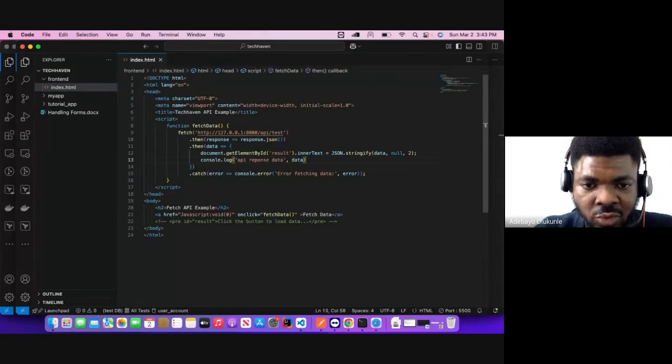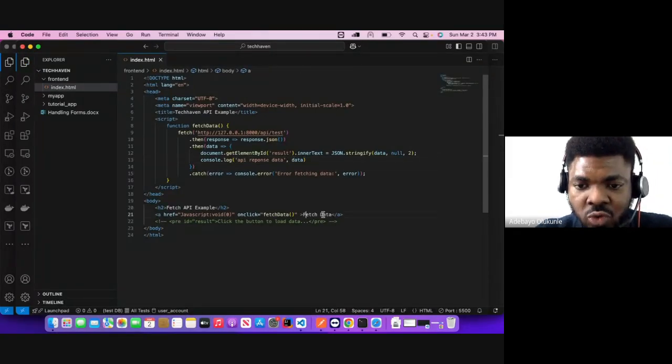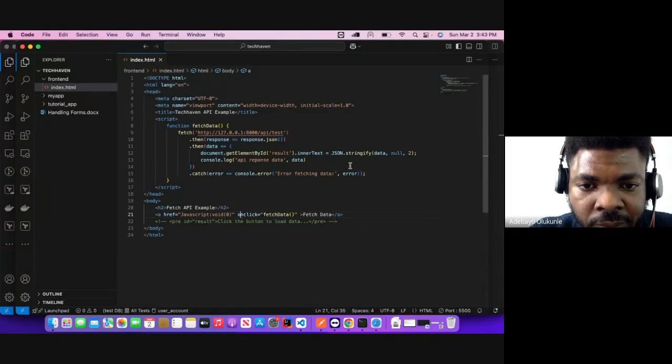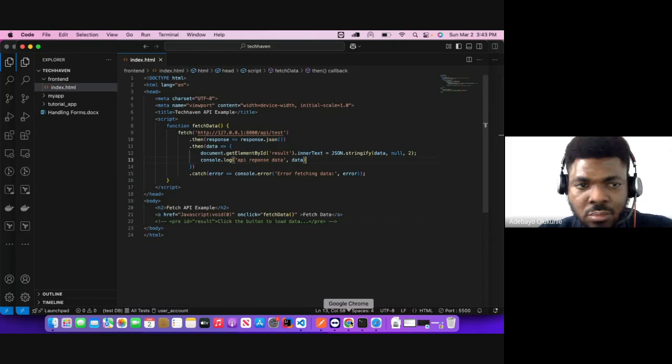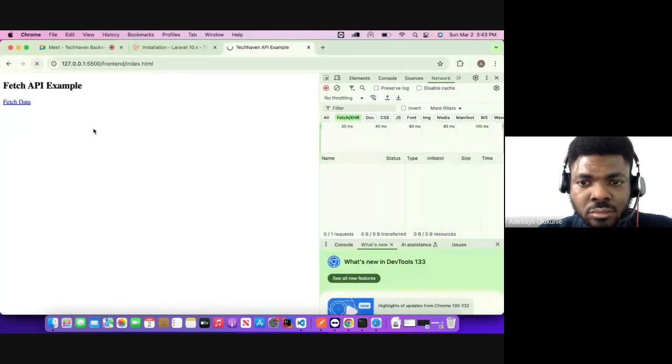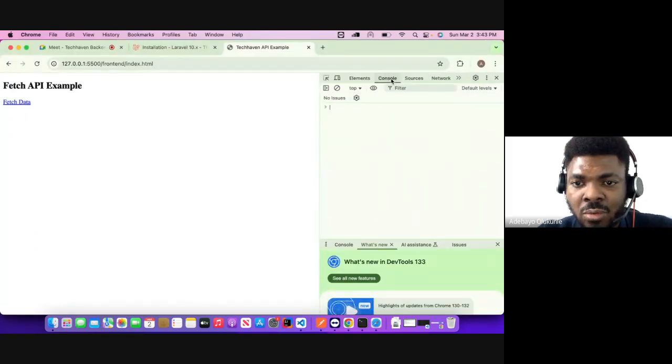So this is actually supposed to be the work of the front end guys, but I want us to have first-hand experience of how it works in real life so that we know what we are expecting. That's why I'm doing this. So it means when we click on this and then it runs, then it sends that data. And yeah. So if we go to console now, and then I do this,